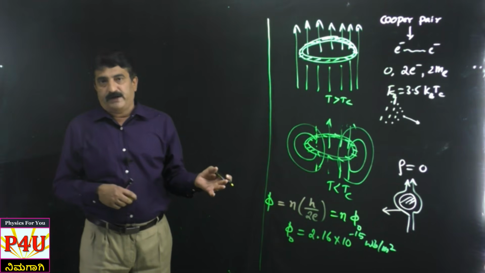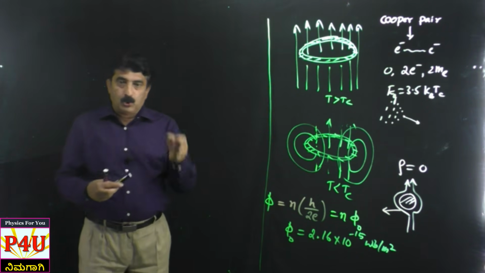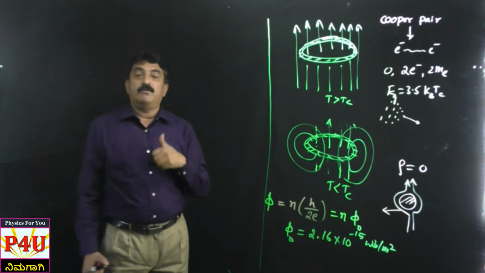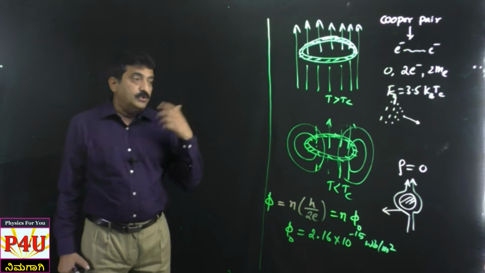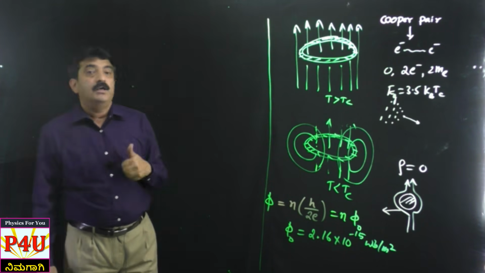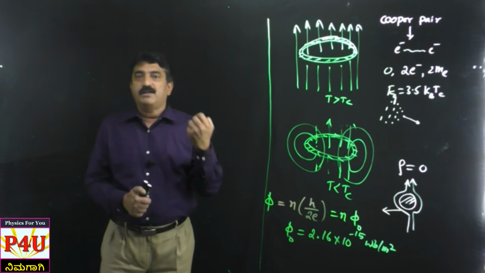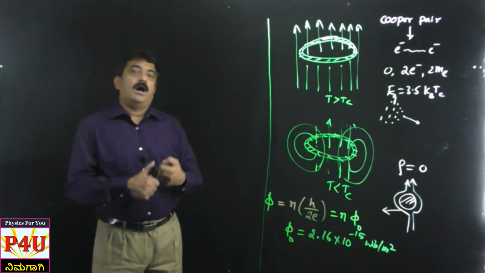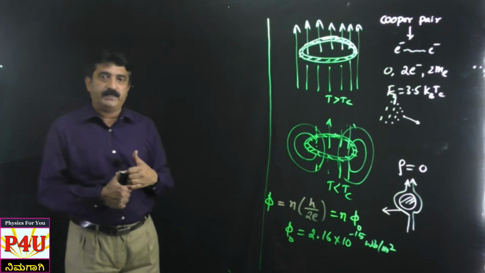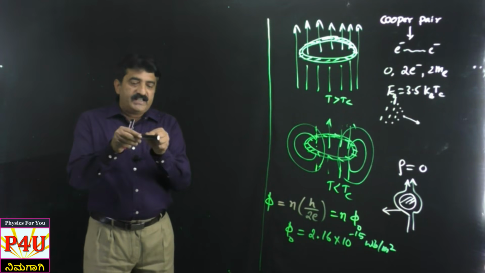These properties are used to detect magnetic field, very small amounts of it, and to measure voltage, very small amounts of voltage. They are used to identify minerals present in the earth crust, or ore we can detect. Geologists make use of superconductors, and we can use them to check whether there is any crack